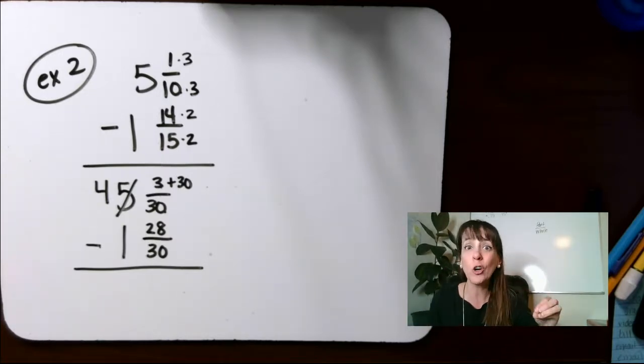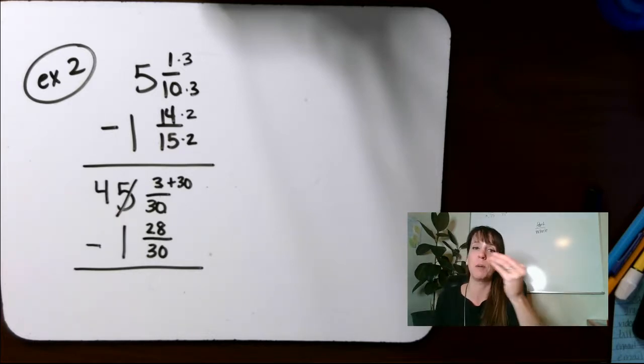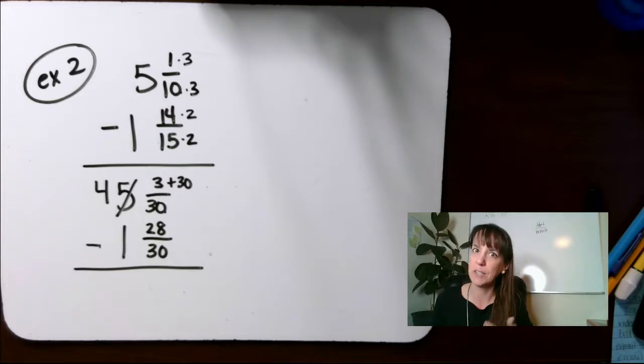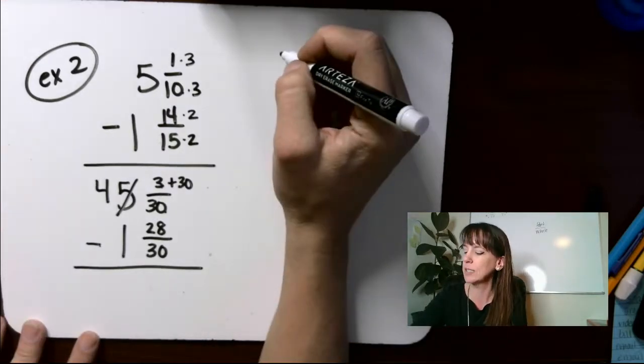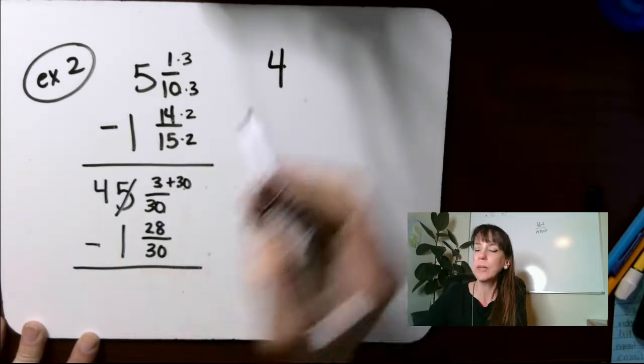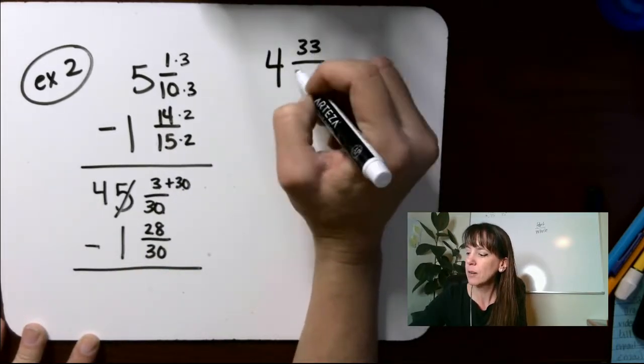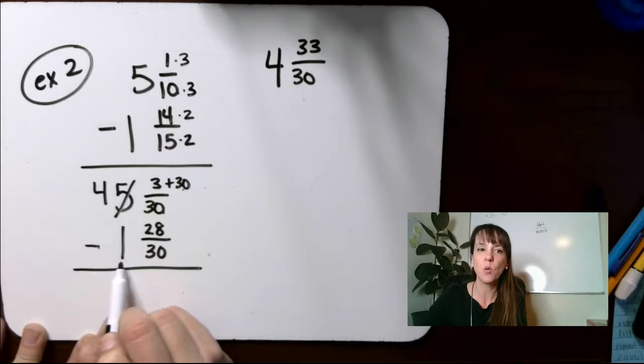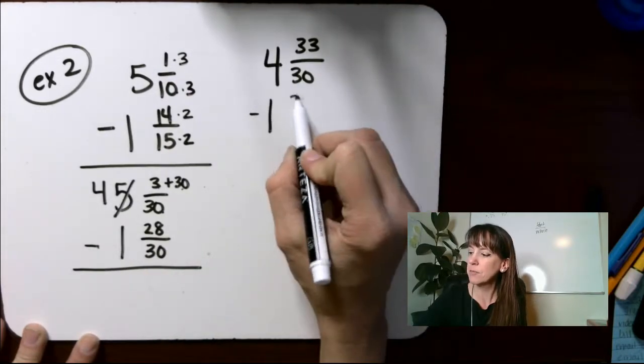Y'all, it's a lot less work than getting the problem wrong, like trying to do things in your head, getting the problem wrong, and then having to redo it anyway. You might as well just do the three times all at once. So we're going to rewrite this. This is 4, 30 plus 3 gives me 33/30, minus 1, which gives me